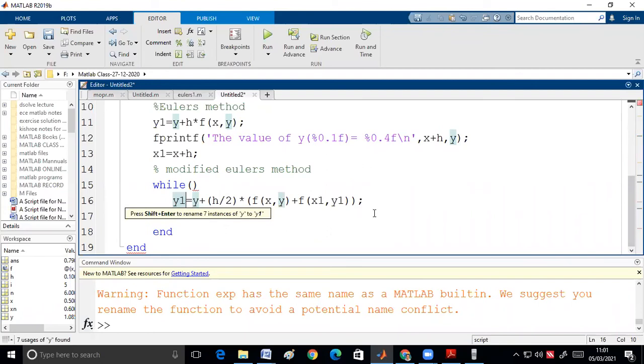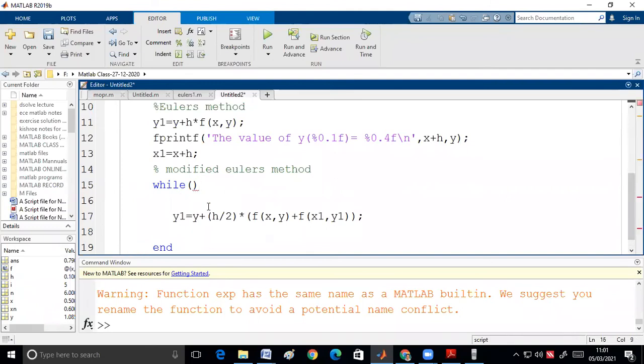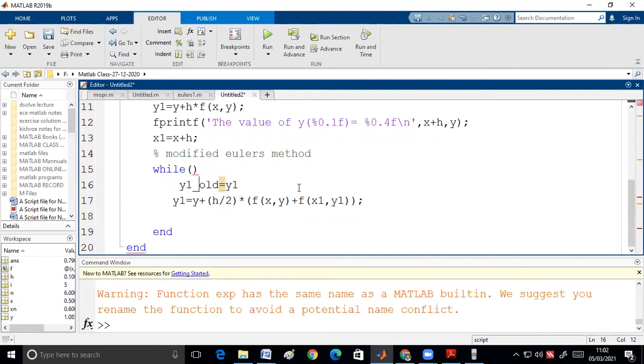Now, before that, I will write y1 old equals y1. I will call it y1 old for applying the while loop for conditional checking. So after finding this y1 value,